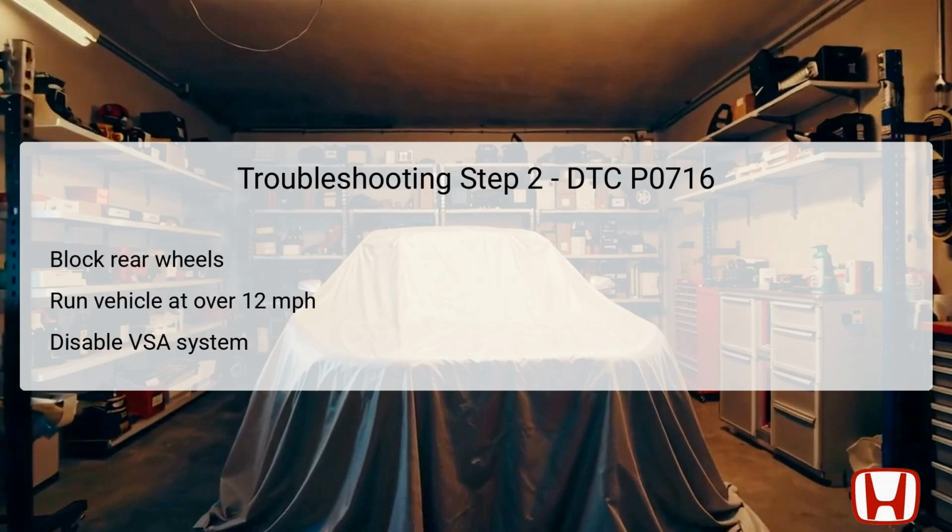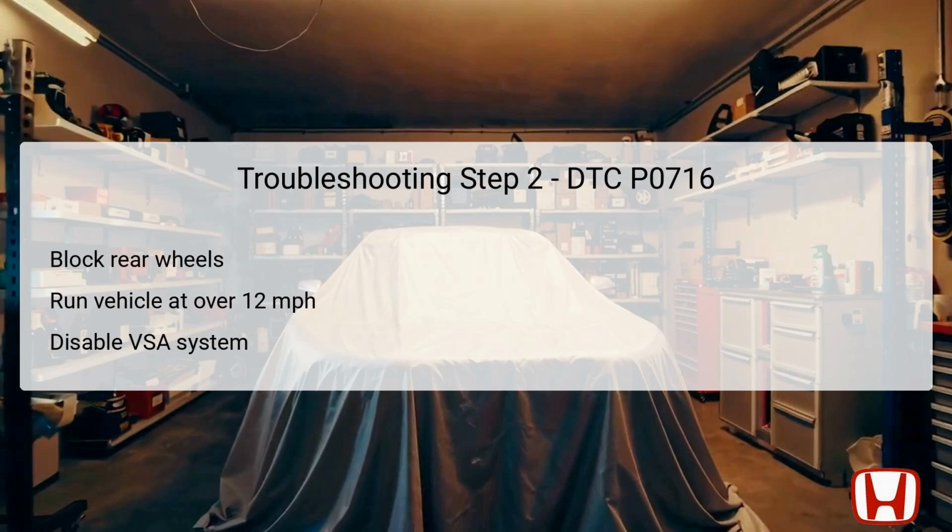The second step requires the application of safety measures. Block the rear wheels to prevent any movement and ensure safety during testing. Once secured, start the vehicle's engine while disabling the Vehicle Stability Assist (VSA) system by pressing the VSA off button. The reason to disable VSA is that it could interfere with the vehicle's dynamics during the diagnostic tests, potentially skewing